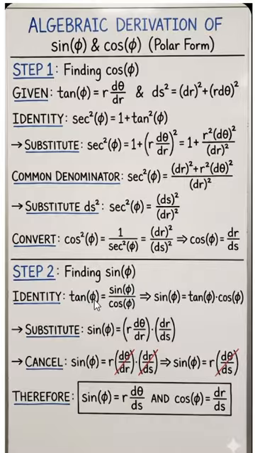Similarly, for sin phi, we already know that tan phi is equal to sin phi upon cos phi, so sin phi can be written as tan phi into cos phi. We know that the tan phi value is r d theta by dr and the cos phi value is dr by ds. Therefore, sin phi is equal to